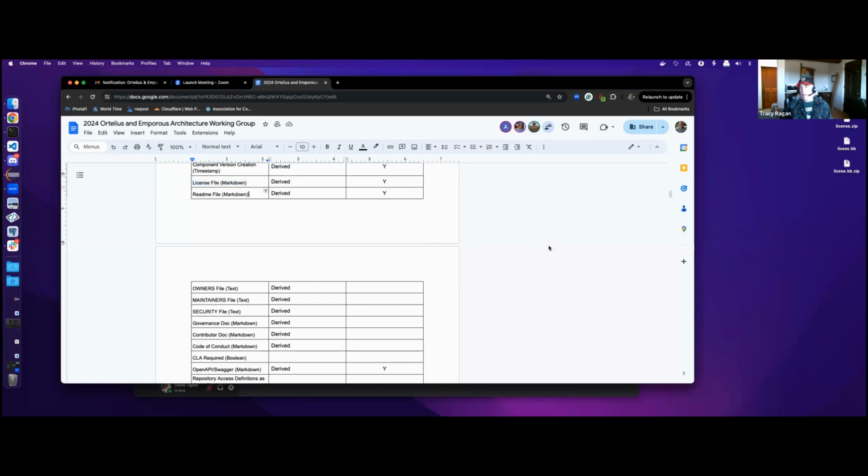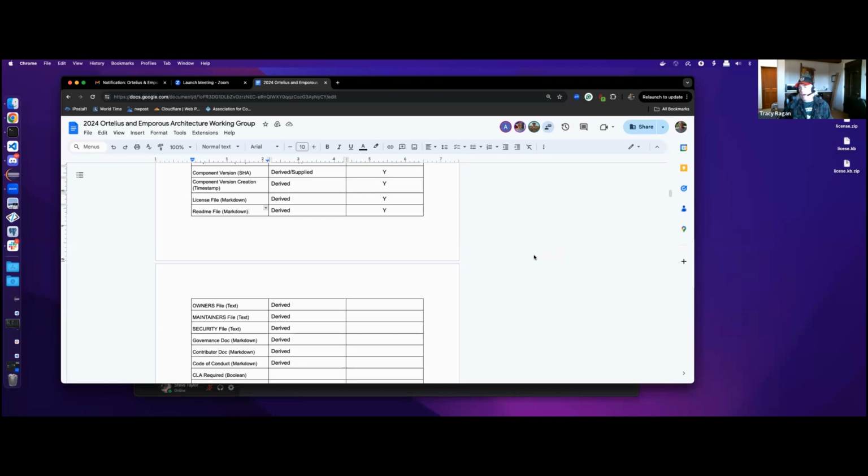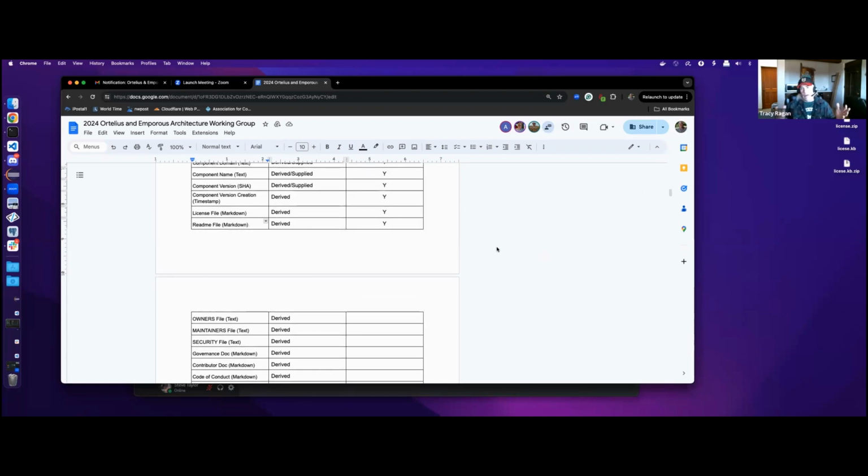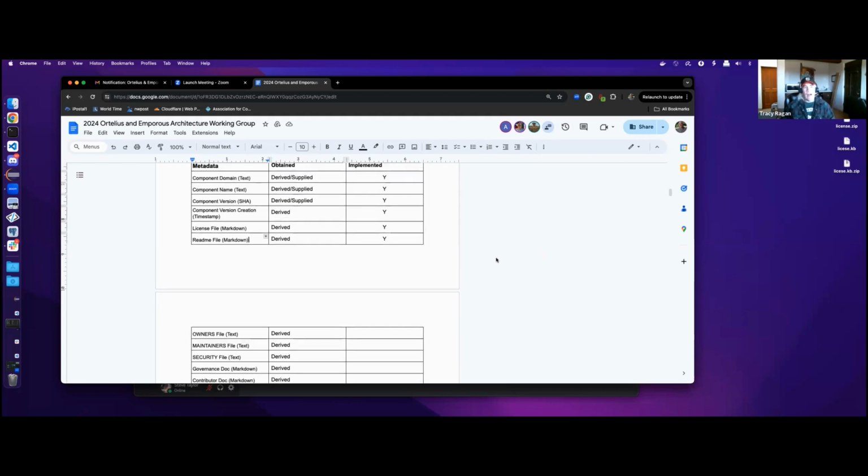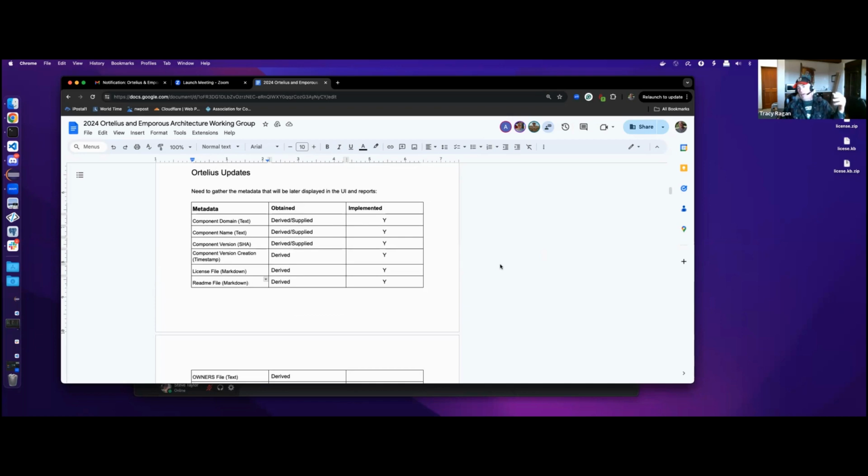In that case, it's going to be present or not present. So that's pretty easy. It's a yes or no that this component has a README file, for example. Now, when we aggregate up to the application level, that's where it starts getting interesting,